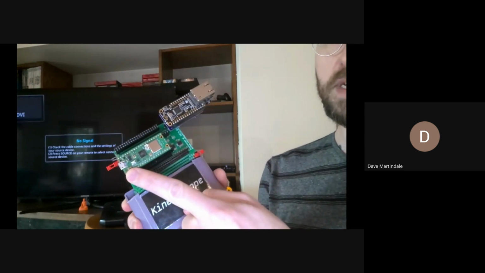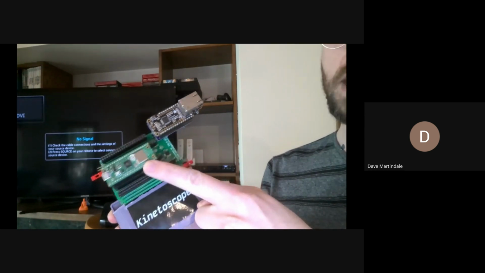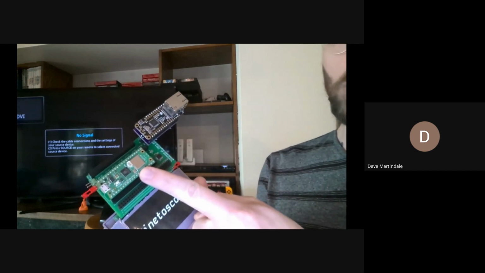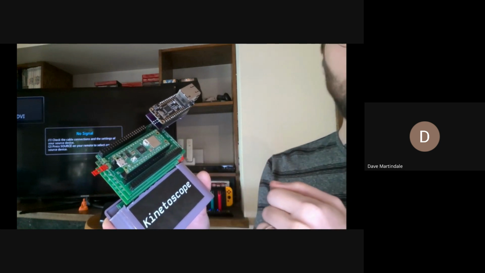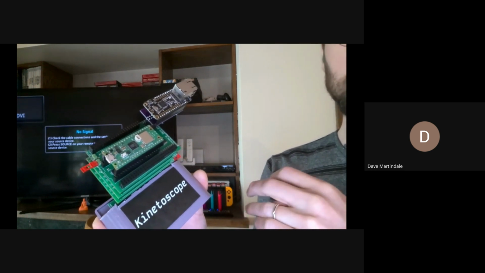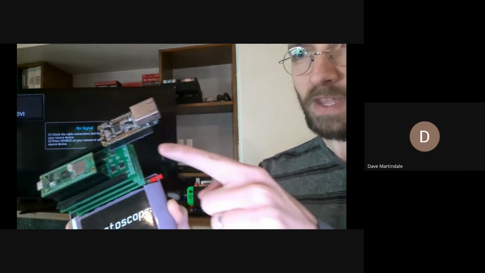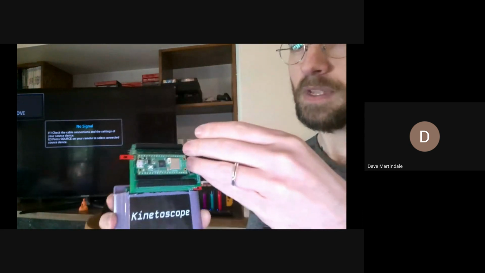The microcontroller is a Raspberry Pi Pico, so RP2040 chipset with built-in Wi-Fi. The Wi-Fi is not always great on this microcontroller. It's good enough for IoT, but can it sustain 2.4 megabits per second? Sometimes, but not always, which is why I have this optional Ethernet adapter that plugs into the board right here. So